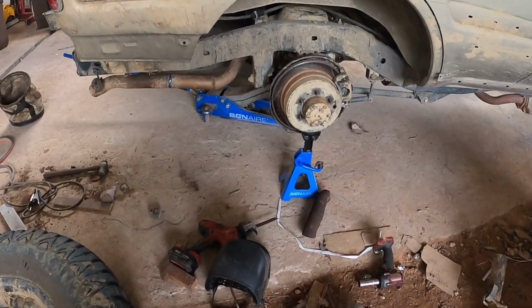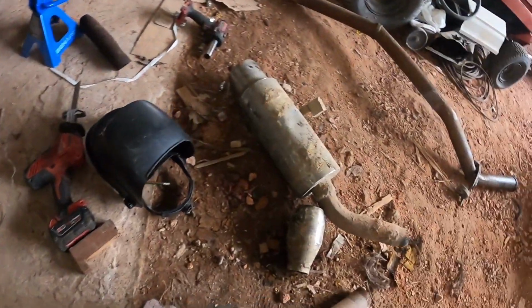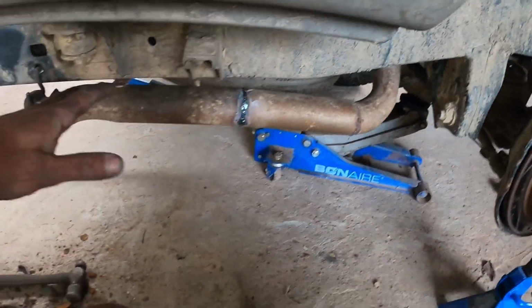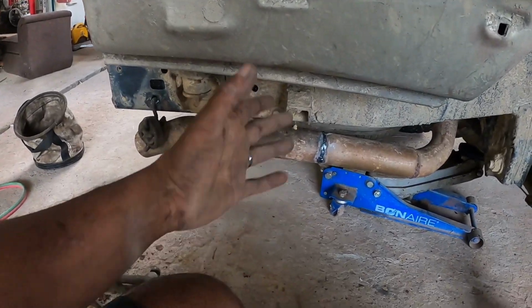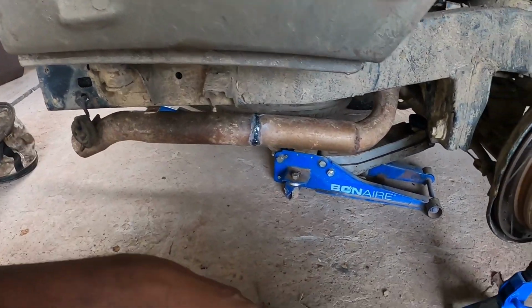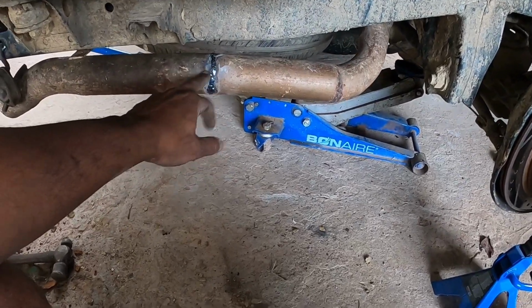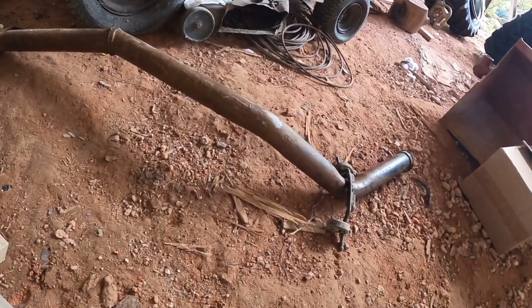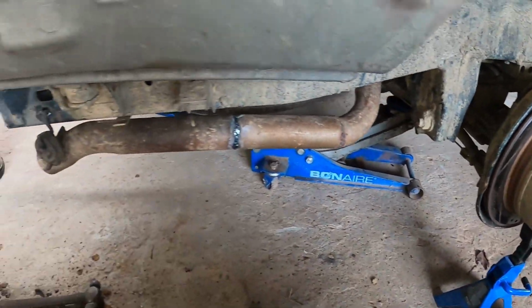Today we're back again on the FZJ80. We cut up this exhaust that was running out here, and right now I'm trying to put on some mud guards just to make the van more legal on the roads. So I cut out the exhaust and, well, took a piece out from another vehicle. Cut out some pieces from that, weld it up, and